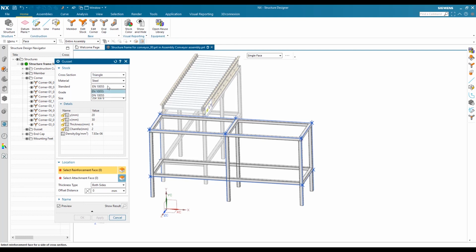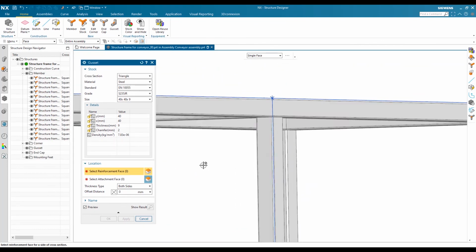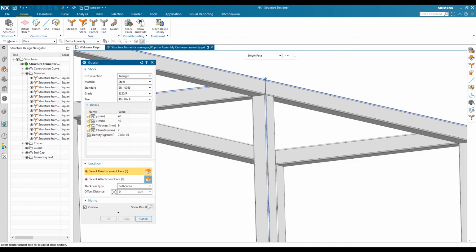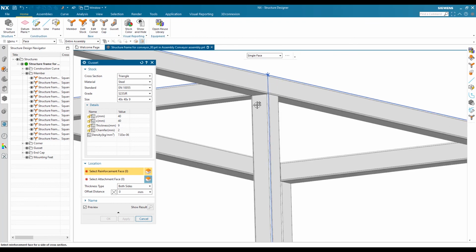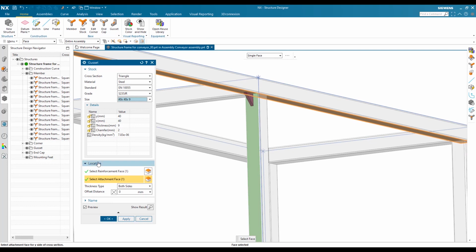Material will be the same. Take 40 by 40 by 9. For the size, we have to select the face. So first we select the reinforced face. The second face will be our attached face. So you will see here a gusset preview,